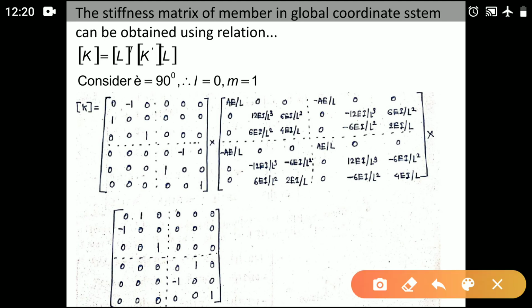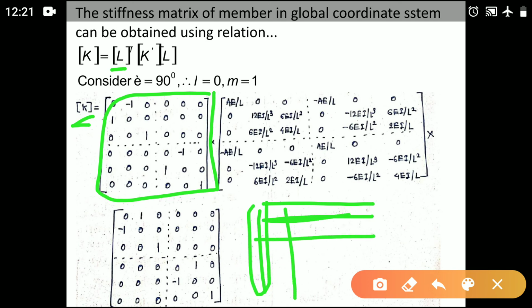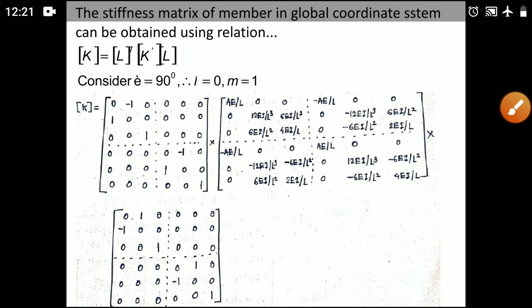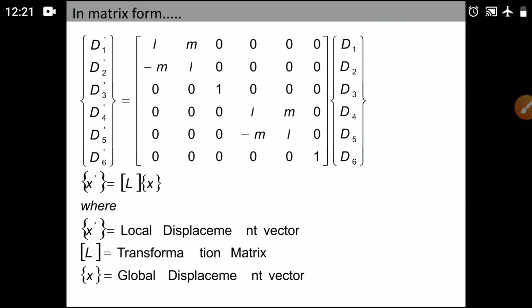Okay, so the next and last step, K is equal to L transpose. In the transpose of any matrix, rows and columns are exchanged. All columns are written as rows: the first column is written as the first row, the second column is written as the second row. So they are written here accordingly, putting the L and M values as 0 and 1 respectively. How to write this L transpose, we'll see first. The L matrix, the original L matrix, is this one.